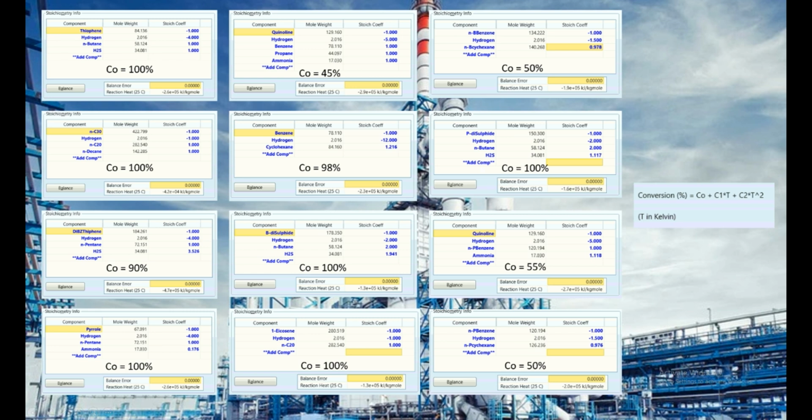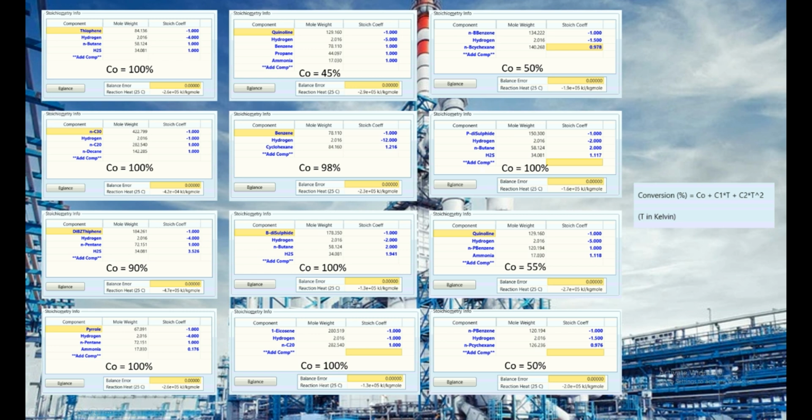Now go to the reaction tab to add the reactions. So these are all 12 reactions we are going to configure in our conversion reactors, and we have not considered the temperature dependency of the conversion. I have defined here the conversion for each of the reactions.